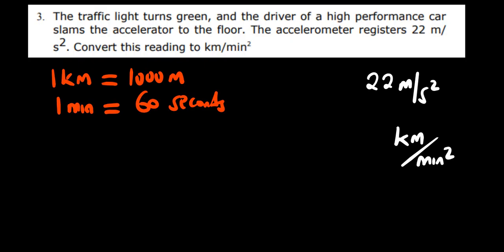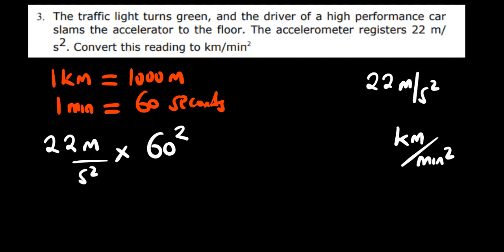We're converting 22 meters per square second, multiplied by 60 seconds, but we are going to square 60 because it's squared, divided by 1 minute. I'm also going to square the minute, multiplied by